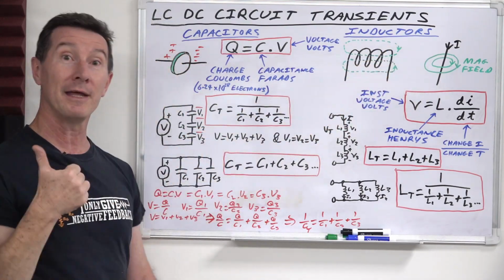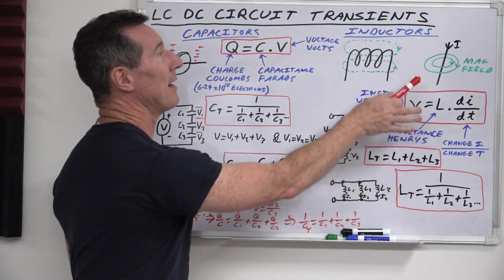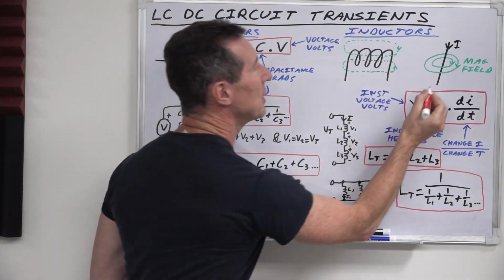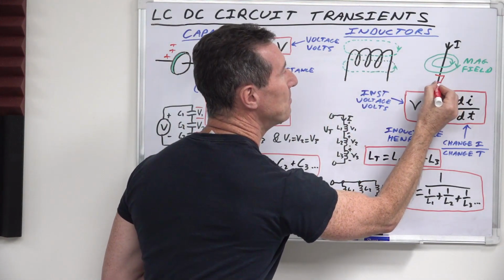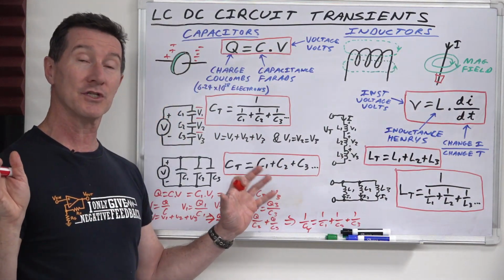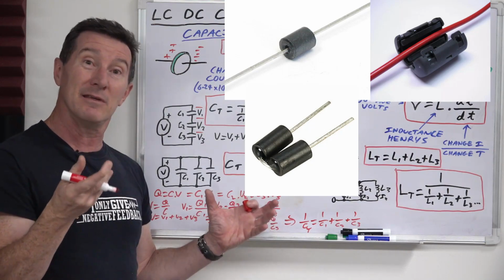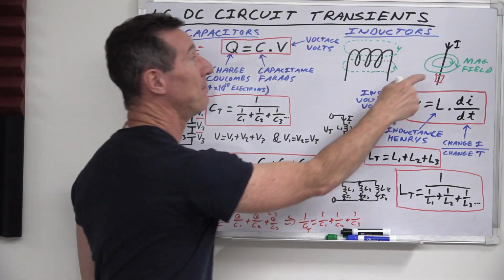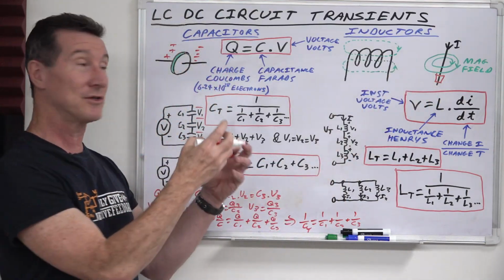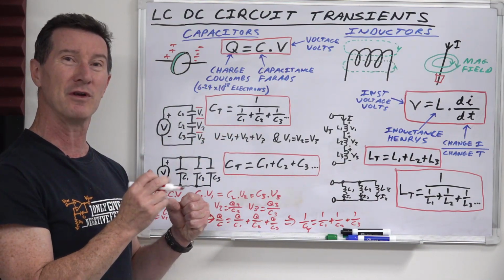That's called the right-hand rule. So there is a magnetic field around every inductor. That's why you can add a little ferrite bead. You've probably seen these on circuits, a little wire with a little ferrite bead around it, and that is essentially an inductor. The ferrite bead just helps contain the magnetic field in there, makes it a